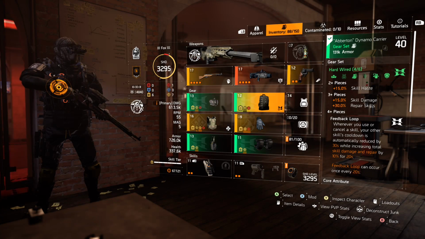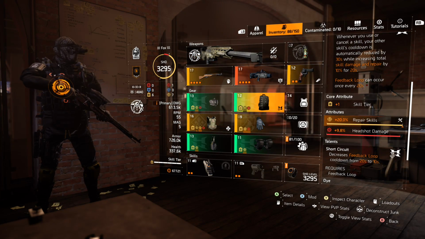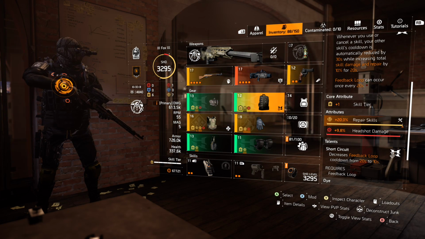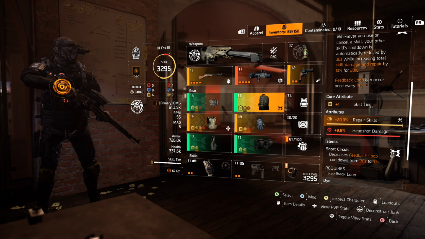The way that you want to spec all 4 of your hardwired pieces is to leave them at skill tier, which is perfect because you can just roll repair skills onto each one. So you can literally just craft all of these pieces if you did the original mission in year 1. So repair skills, and then what you want to do is use 3 headshot